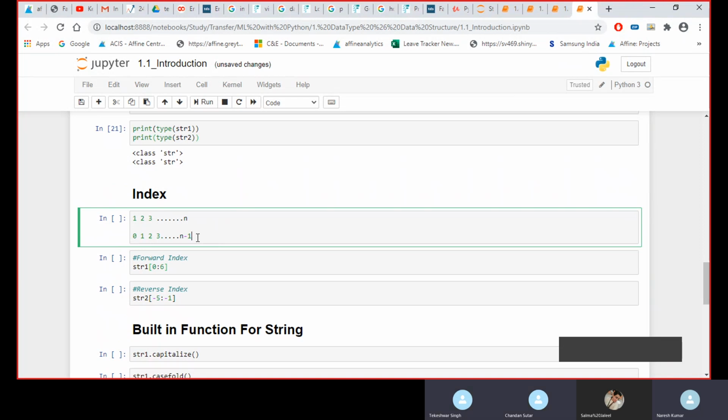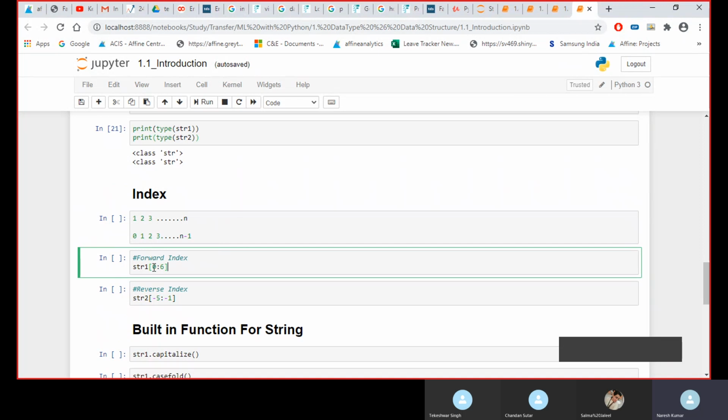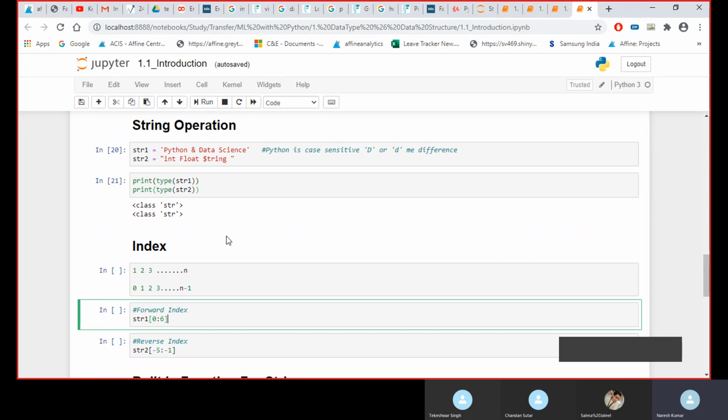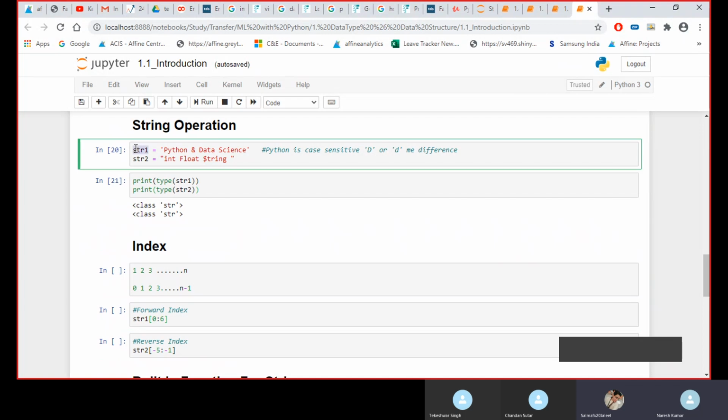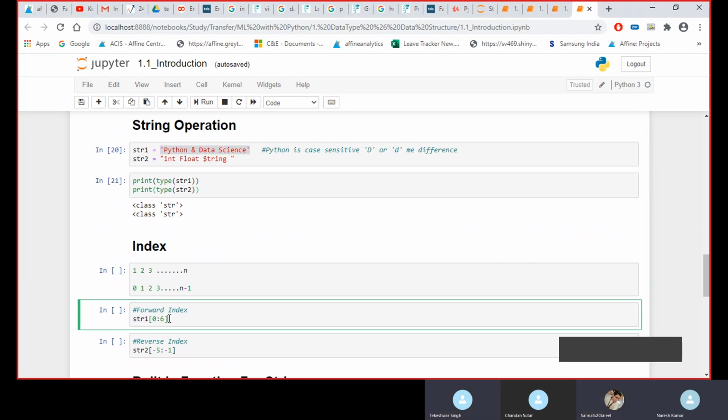So now, for example, I have written a syntax of 0 to 6, string 1, 0 to 6. Let me know what would be the output of this. String 1 is Python and data science, and I am slicing my string 1 from 0 to 6.